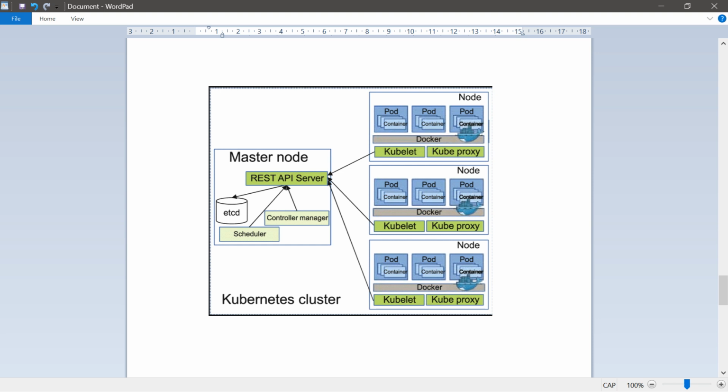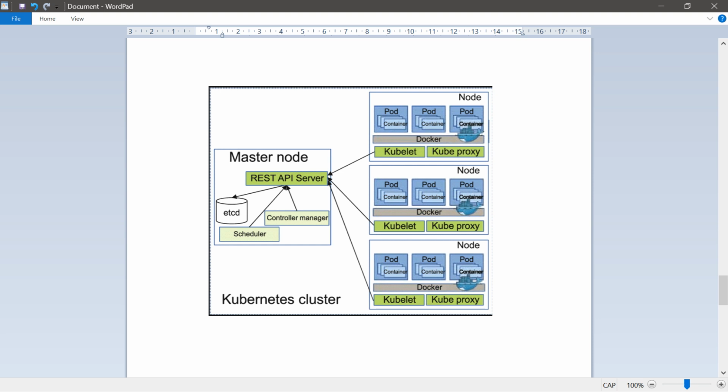In applications or automation, a control loop is a non-terminating loop that regulates the state of the system. In Kubernetes, a controller is a control loop that watches the shared state of the cluster through the API server and makes changes attempting to move the current state towards the desired state.